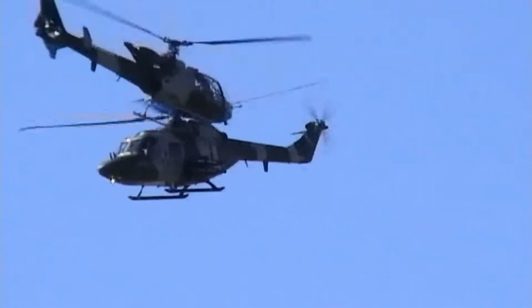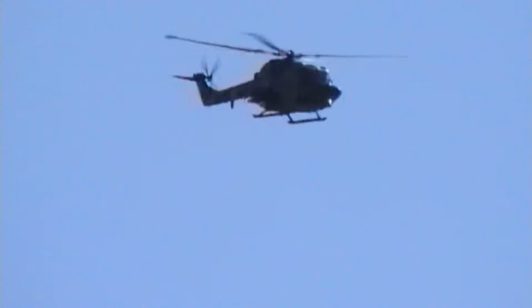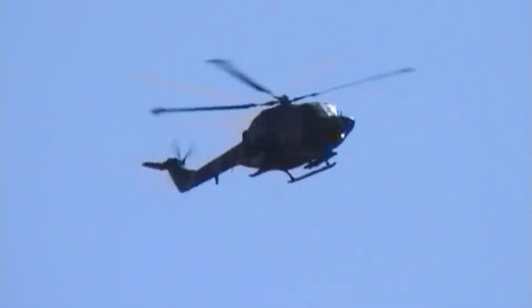Now the Gazelles duck underneath the rotor of the Lynx. The Lynx goes to 90 degrees nose down, accelerates, and you'll see he's got no inertia again. He's got no speed, so he's now going to climb himself back up. We also have from our sister regiment, 9 Regiment in Dishforth,